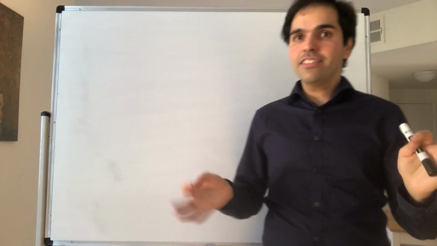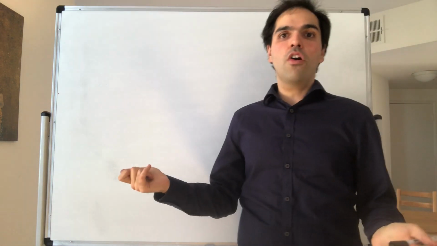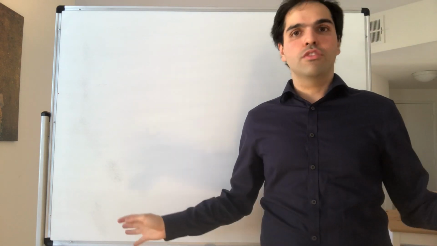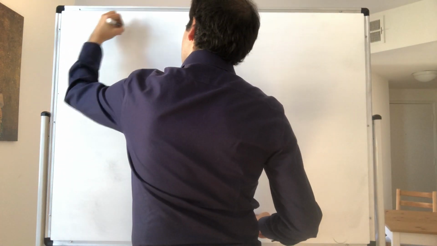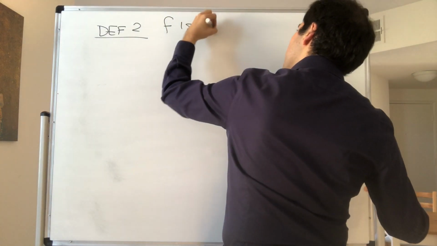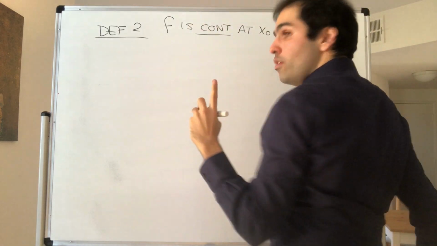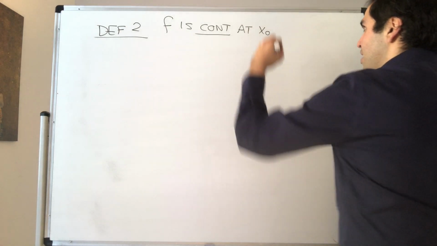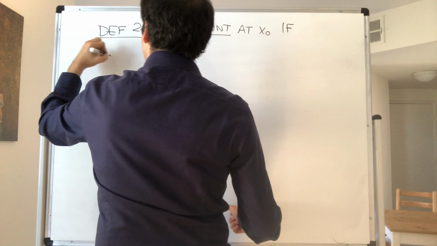All right, and now let's do the second definition of continuity. It's a little bit harder to understand, but it is more direct. It doesn't use limits of sequences or whatsoever. So, definition 2. Namely, f is continuous at x naught. And that should remind you a lot of the definition of a limit of a sequence. So, if, no matter how small your error, so for all